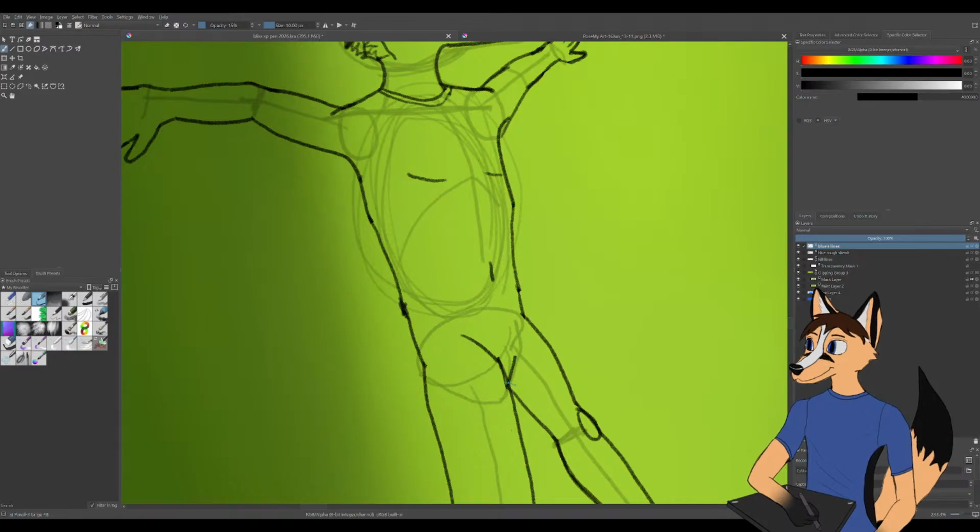Do this, and yes, I'm drawing him as if he doesn't have clothes, but that is just part of the artistic process of making sure the underlying geometry is correct before I put clothes on top of it. So just trying to make sure everything looks okay, and I think it mostly does.